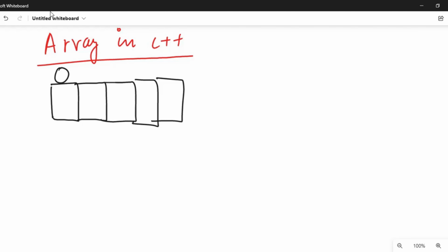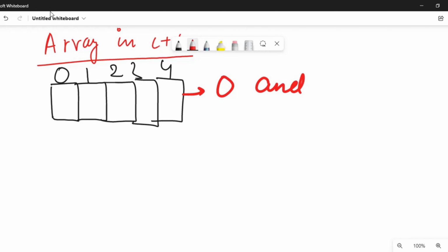Index, because if we need to access an element of an array, we'll be using the index itself. So here 0, 1, 2, 3 and 4. But you need to keep one thing in mind, that the indexing always starts from 0 and goes up to n minus 1.